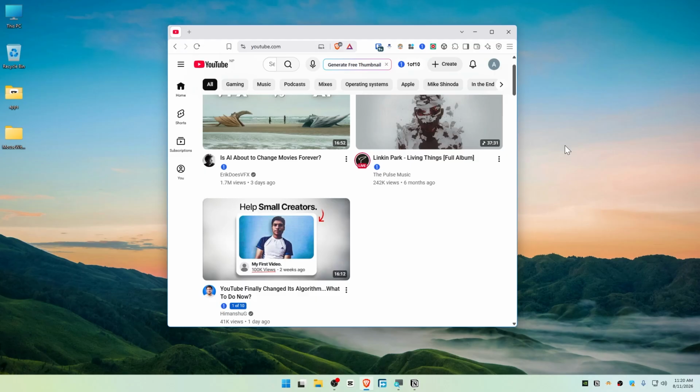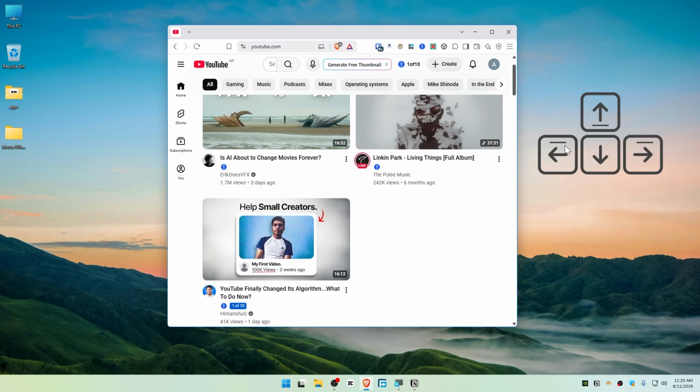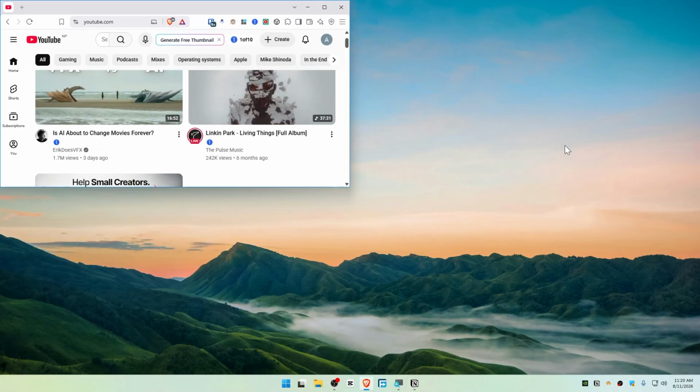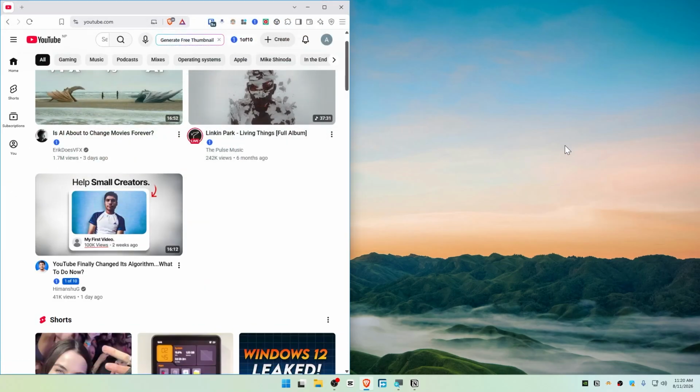Here is another keyboard shortcut that you guys can use, which is the Windows key and any of the arrow keys that you want. Let's say I wanted to put this Brave browser on the left side. I can just press the left arrow button. If you want this on top, you can do that by pressing the up arrow key on your keyboard, and down. You can even press down to minimize this, but make sure you are holding